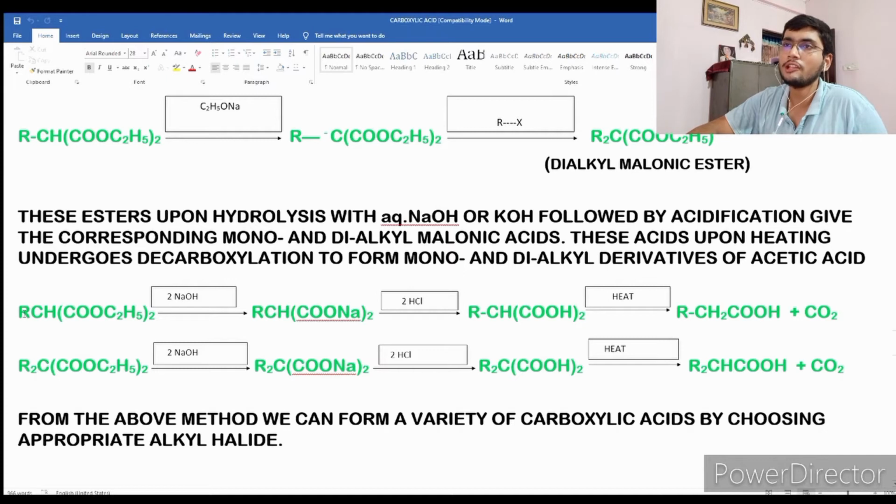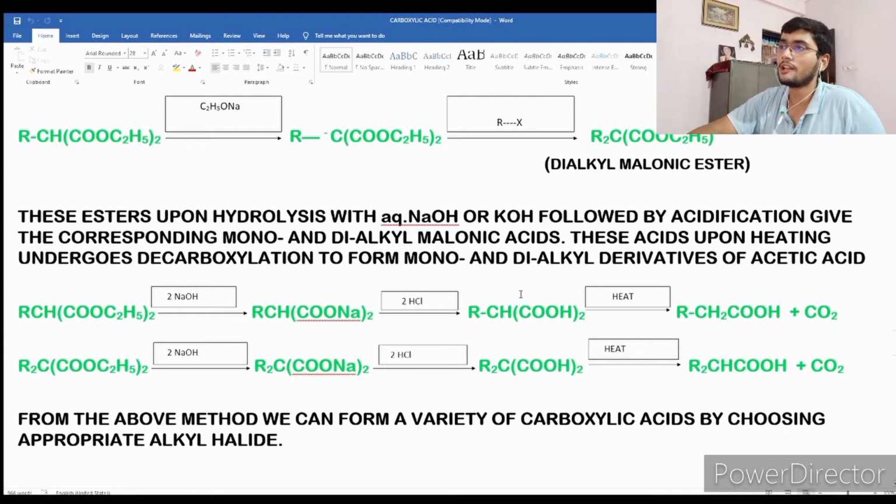Like you see here, I have taken monoalkyl malonic ester, okay. When we react it with the base, what will happen? We will get the sodium salt of carboxylic acid, as you can see, COONa twice, because two of these salts have been attached to a carbon, okay. So this is what we get. Now because it is a sodium salt, to convert it into a carboxylic acid, we have to treat it with a mineral acid. So that's what I have done here. I have treated it with hydrochloric acid. So what will happen? This Na will get removed and H will get attached.